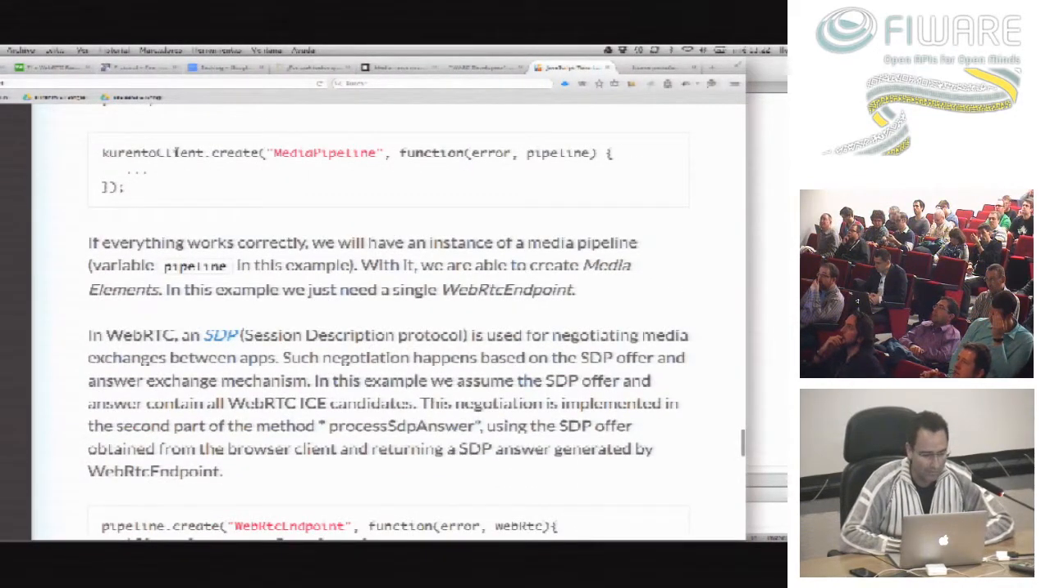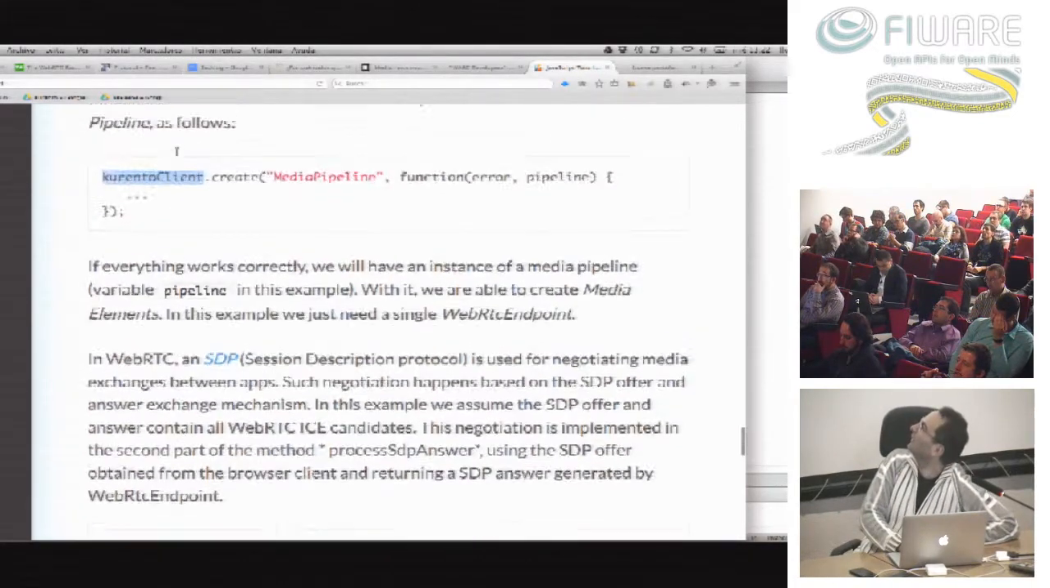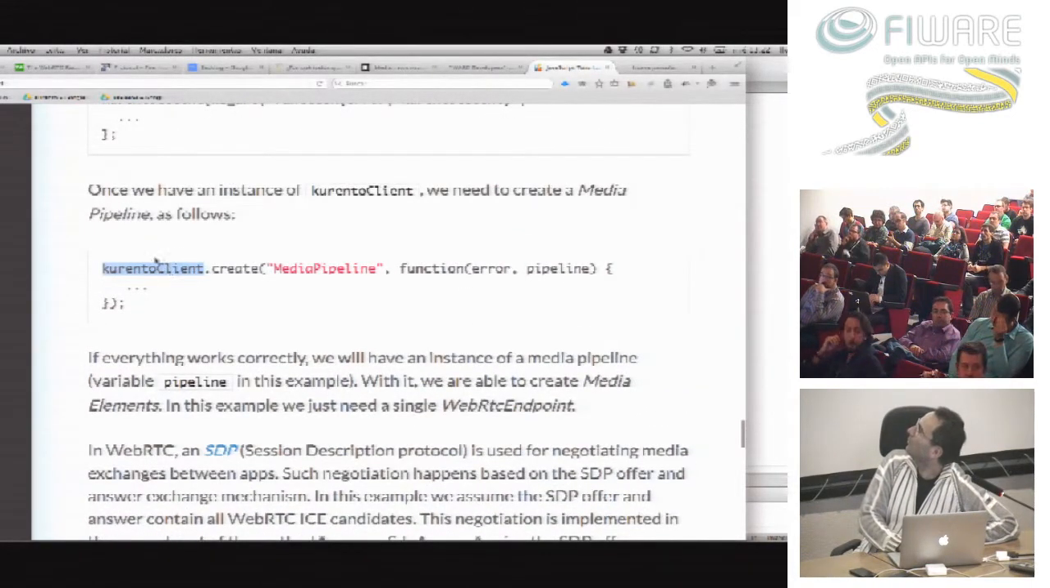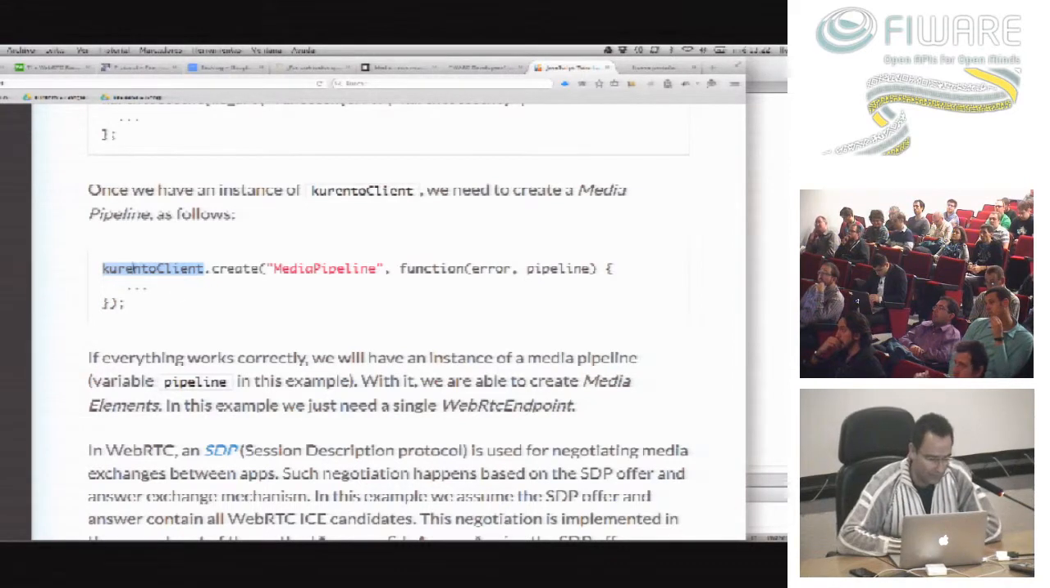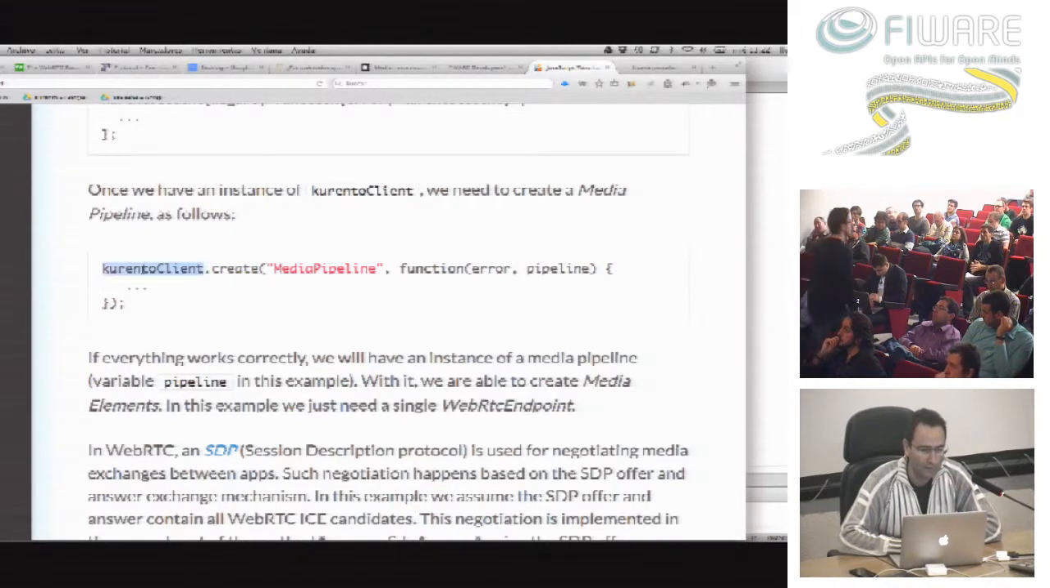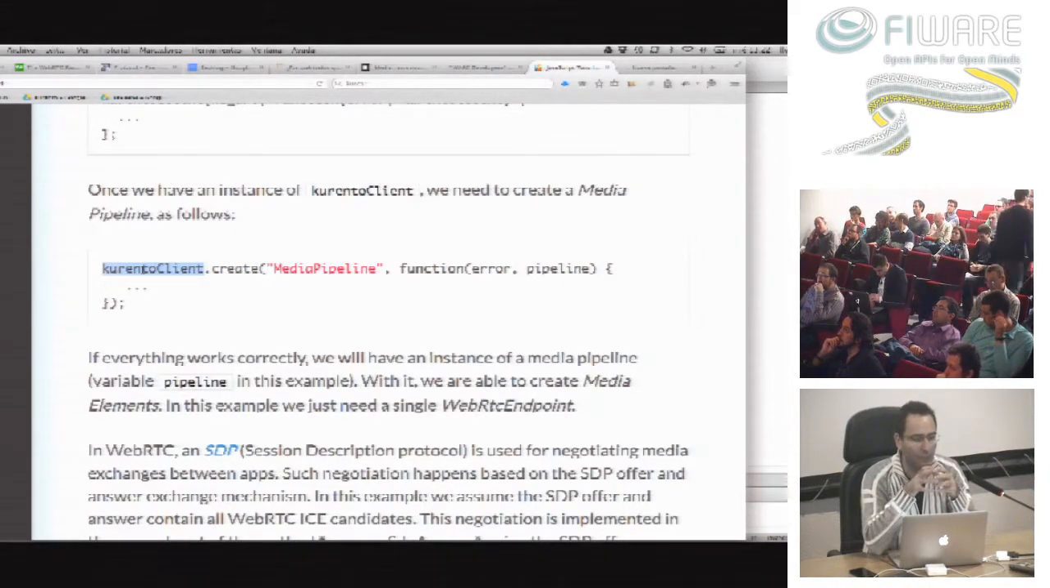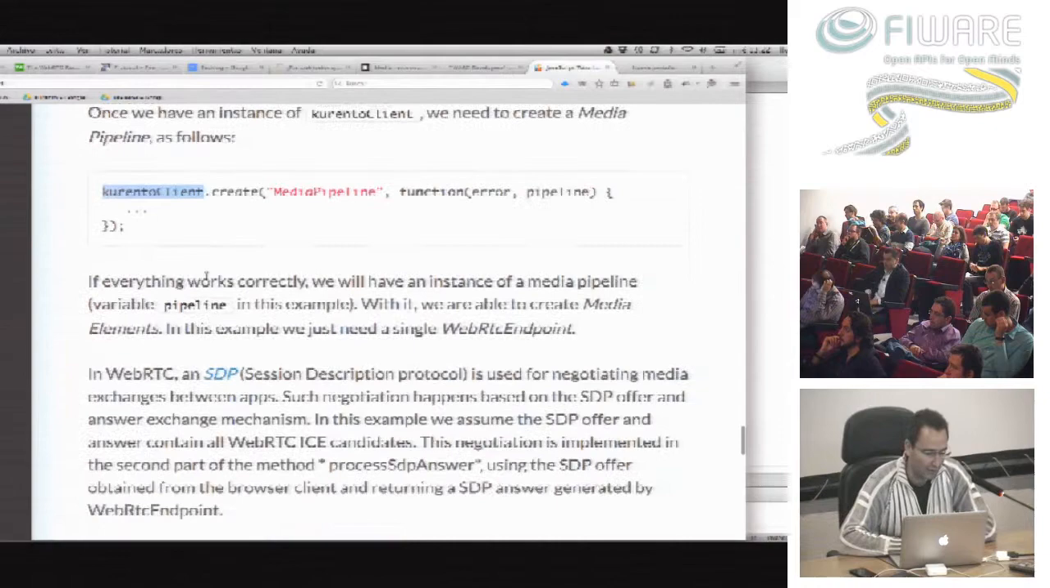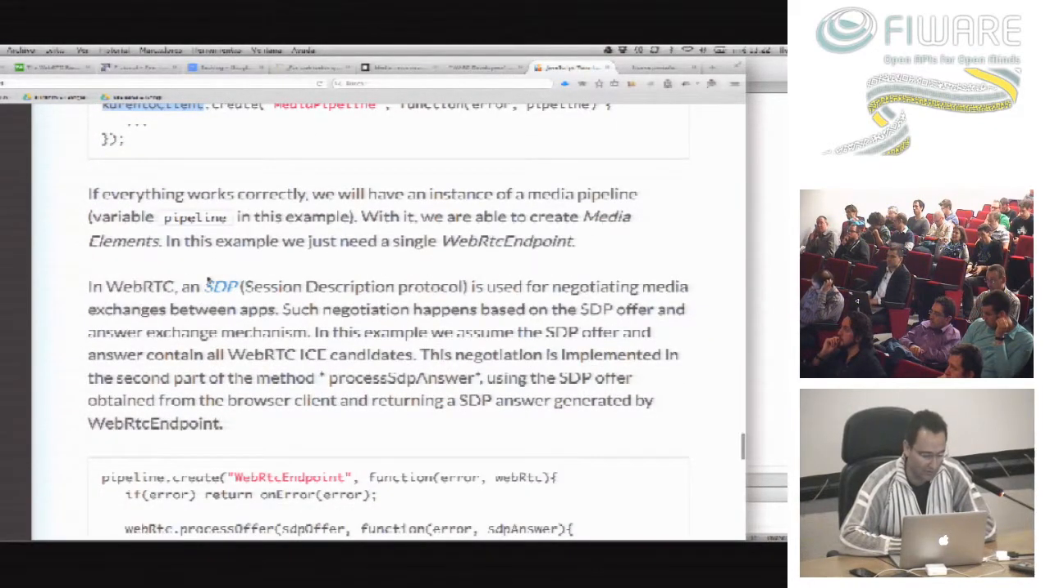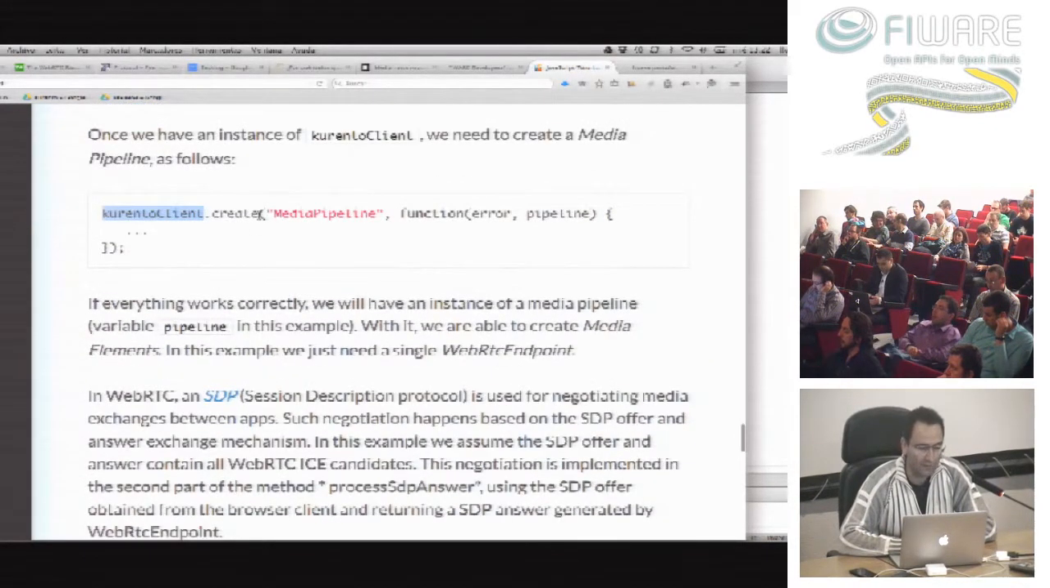Okay, so I was explaining that we can use this create method for creating a media pipeline. Basically, the API makes it possible to ask for the creation of things at the media server side. So I just say create, and I create whatever I ask for. In this case, I'm creating that media pipeline,